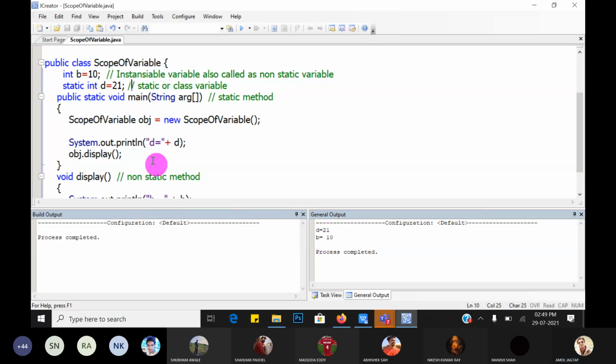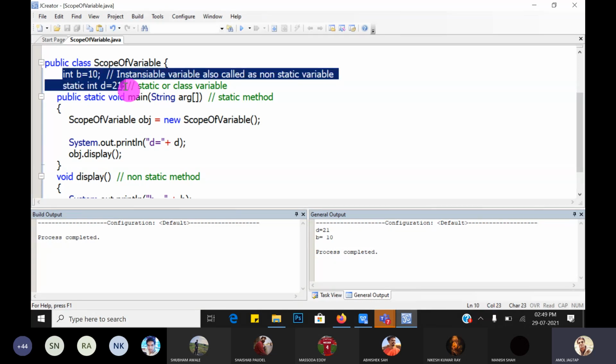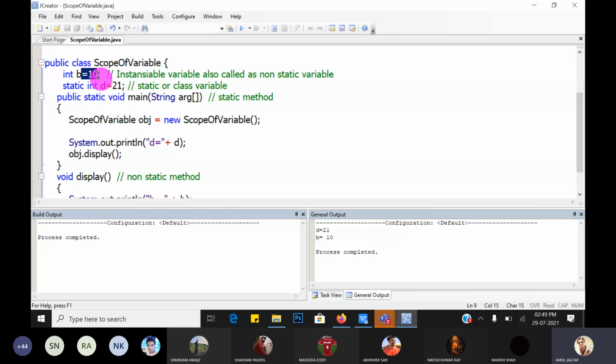Great. Guys, in C++, we cannot initialize the data members. You are familiar with C++, everyone? So in C++, when we declare the data members of the class, we cannot initialize the value at that time.